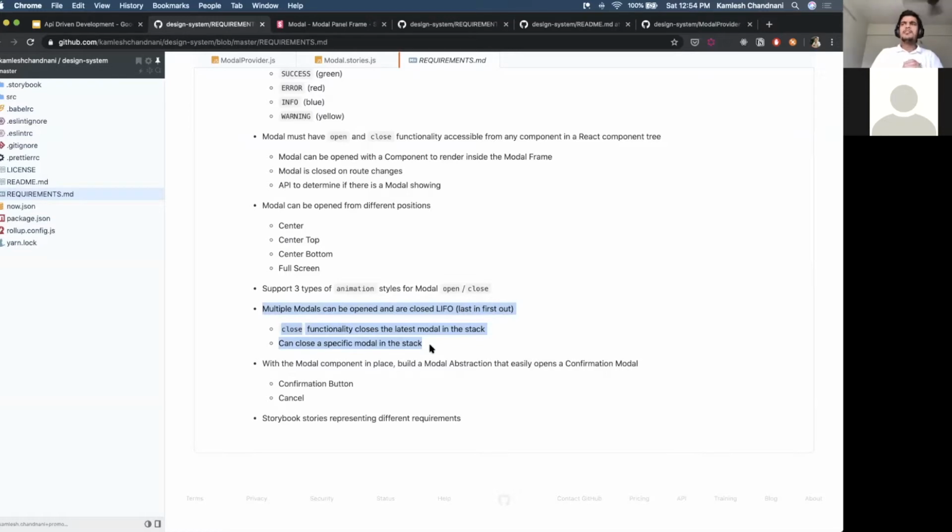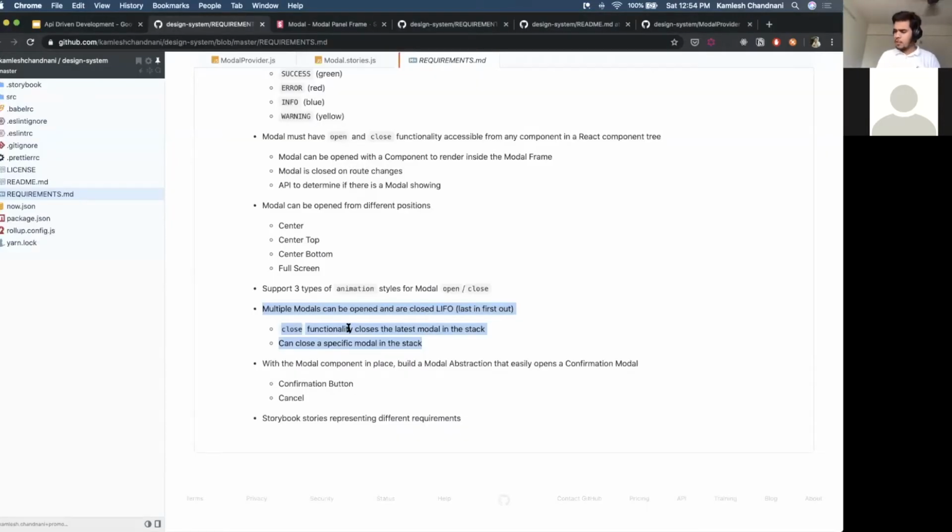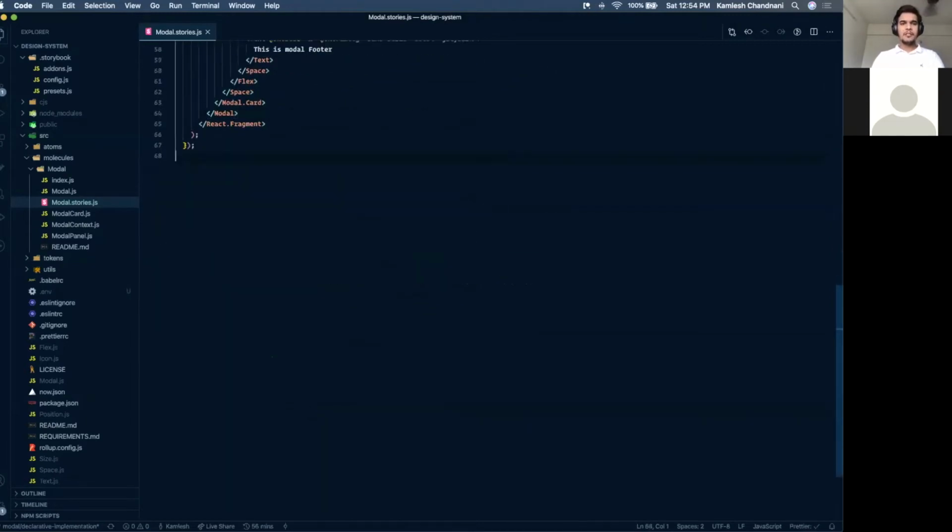The second is you should be able to open and close a modal from anywhere in your tree. Assume that you have a modal provider on top of your React DOM tree, but now if you want to keep on stacking them on top of each other, this is the problem that comes up with this approach. Also think about a use case where you made an API call, and that API call is from a function, and inside that function you need to show the modal. I'm talking about something like this. Assume somewhere in your code you have something like handle modal confirmation, or you can say handle login, right?